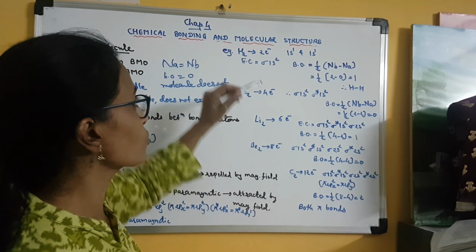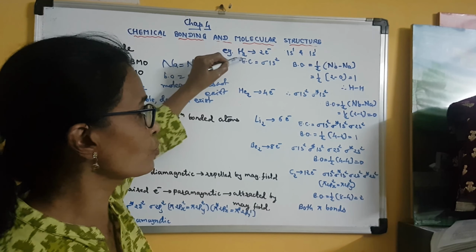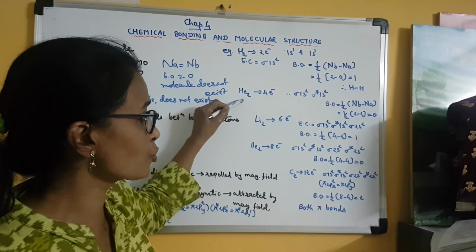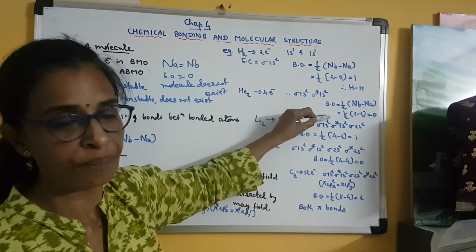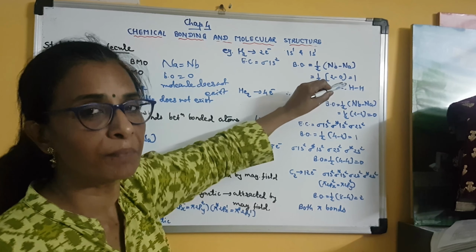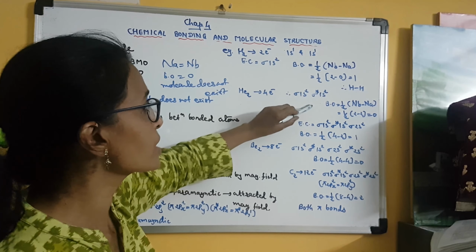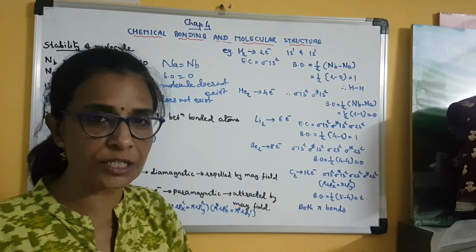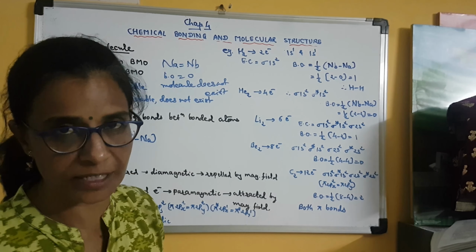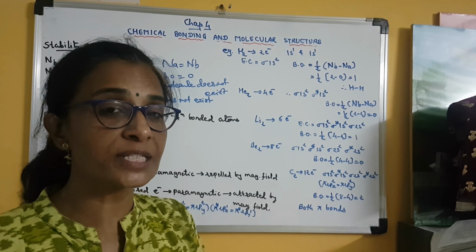What is the reason? So in that answer, you have to write the electron configuration of the H2 molecule and calculate its bond order. You write the configuration of the He2 molecule and you calculate the bond order. And then you can answer that in case of H2, bond order is 1, means there is a covalent single bond formation between two hydrogen atoms. But in He2, bond order is 0, means there is no bond formation, and that is why He2 does not exist. Clear? Okay. Then we will go to the elements of the second period.